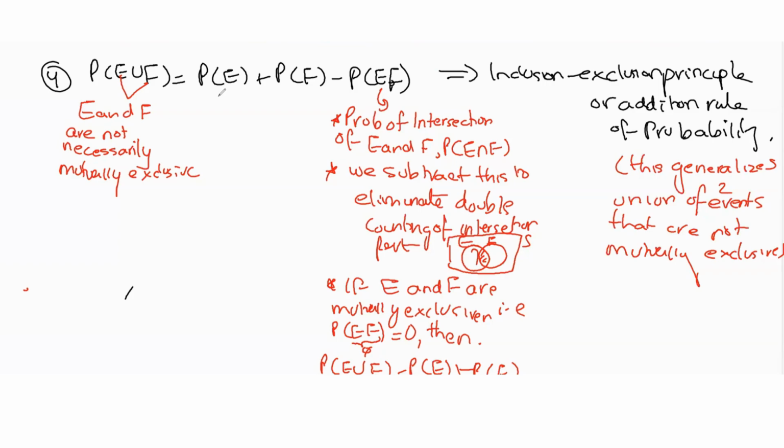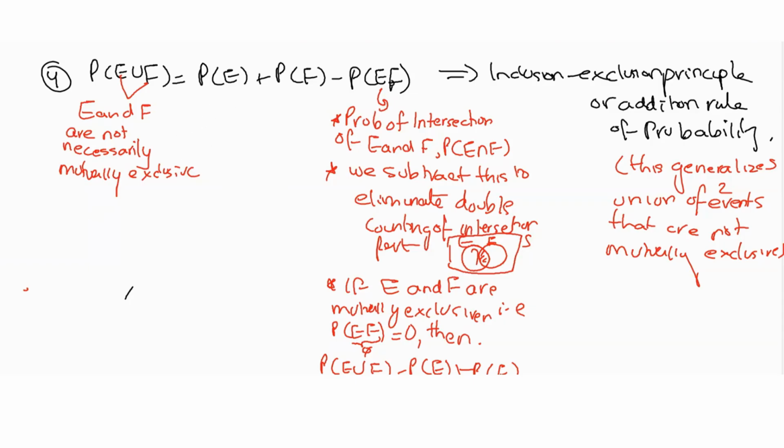If E and F are mutually exclusive events, then we know the intersection is the null set, and so the probability of their intersection is just going to be 0. So in that case, this just brings us back to axiom 3, where the probability of E union F is just the sum of the individual probabilities. So if you have mutually exclusive events, the probability of the union can be found using axiom 3. But in general, for any events that may not necessarily be mutually exclusive, we can use this proposition to find the probability of their union.